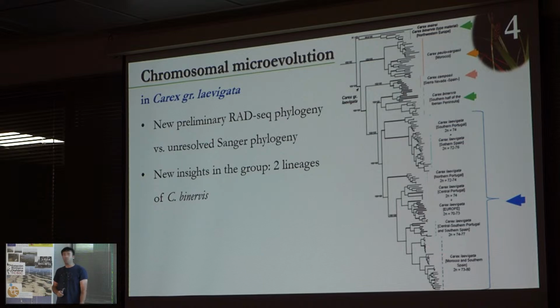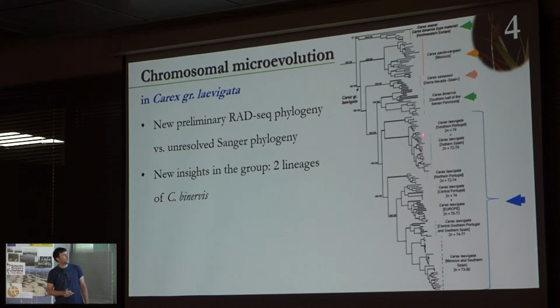phylogeography of the group. So we have here Carex binervis from Northern Europe with 74 chromosomes. Then Carex pauloi-vargasii from Northern Africa, also with 74 chromosomes. Carex camposii from Sierra Nevada with 72 chromosomes. The other lineage of Carex binervis from the Iberian Peninsula with 74 chromosomes. And then this large clade of Carex levigata. We have a huge range of chromosome variation from 69 to 84. So we have, for example, here one